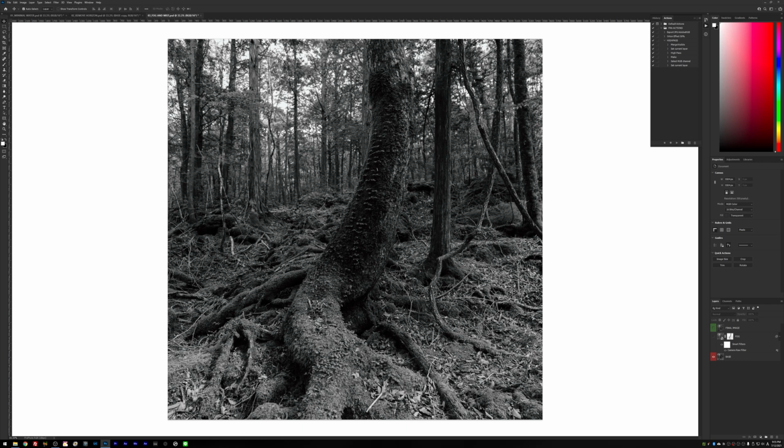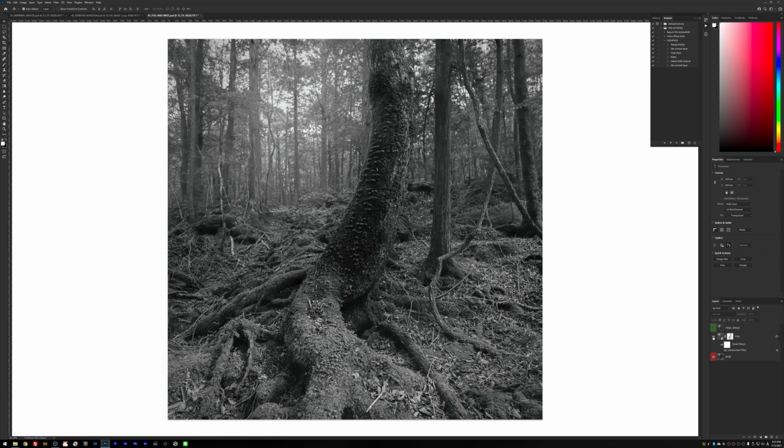So yeah, not my usual image here. I kind of wanted more fog in the first place when I shot this image, but I really liked the shape of the tree, and I kind of tried to achieve the effect that I wanted there on location by using the dehaze. So again, it's the same technique as before, so I'm not going to show that to you. I'm just going to show you how the before and after looks. So this is without the filter, and this is with the dehaze applied.